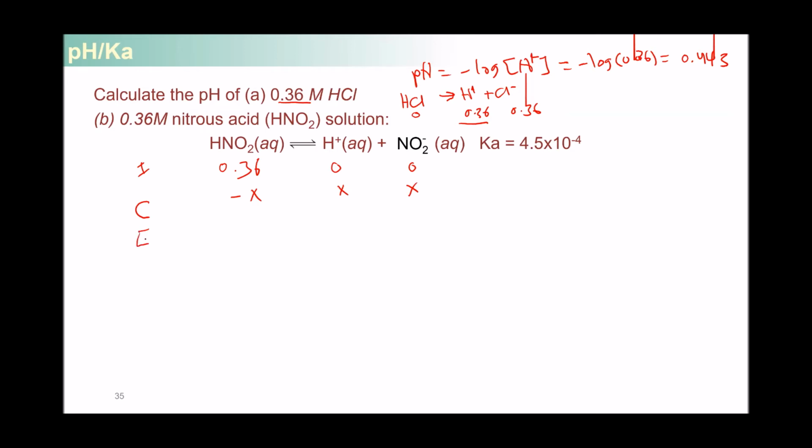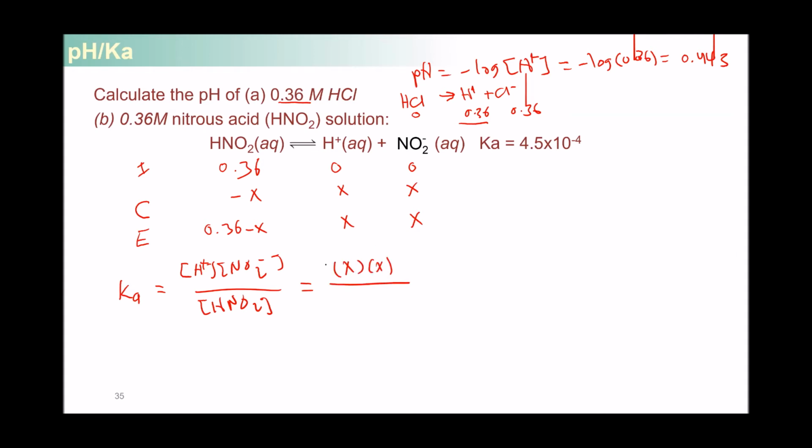And once it does this, it will reach equilibrium, where the equilibrium concentration is going to be the initial concentration minus the change, and it's going to be equal X for hydrogen and X for nitrite. And we will use the expression for the ionization constant, which is the ratio between the ions concentration to the acid concentration. So it's basically X times X, right, for the products, divided by